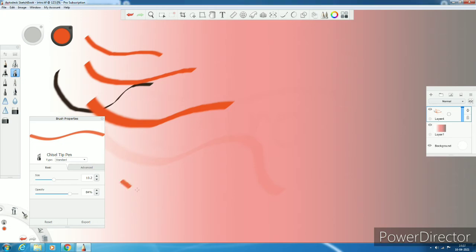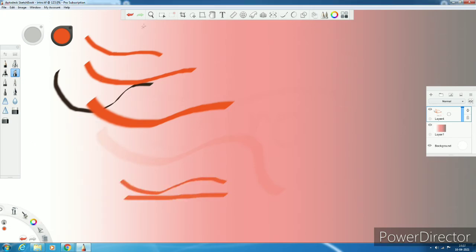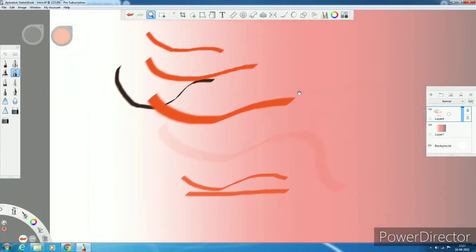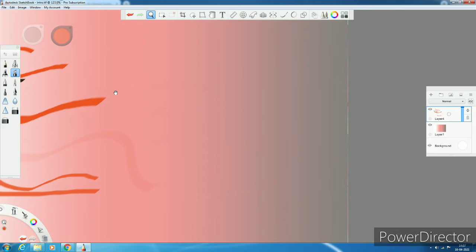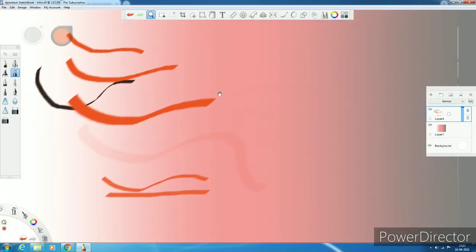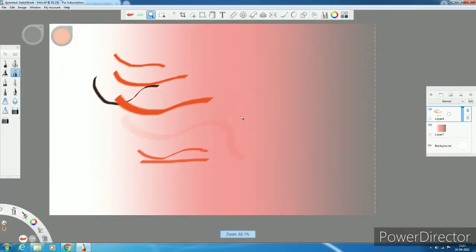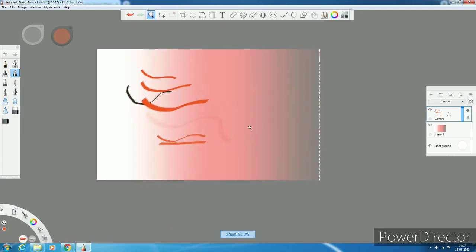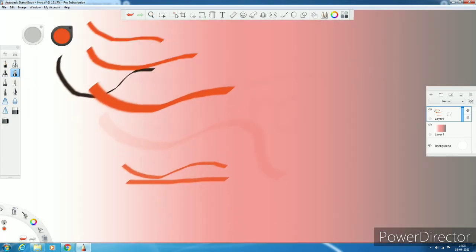To zoom, rotate or move the canvas, the navigation puck is used. If I want to move the canvas, I would move the cursor so that I am highlighting the last circle of the puck. Then I will press and hold that part and move the cursor in the direction in which I want my canvas to move. You can change the size of the canvas through this tool by changing the number of height and width.